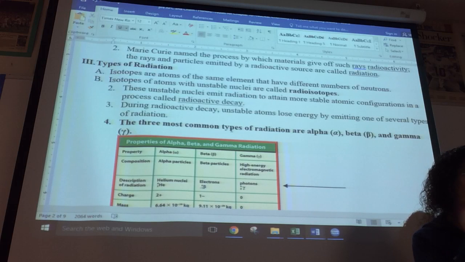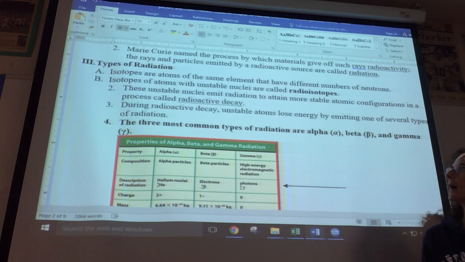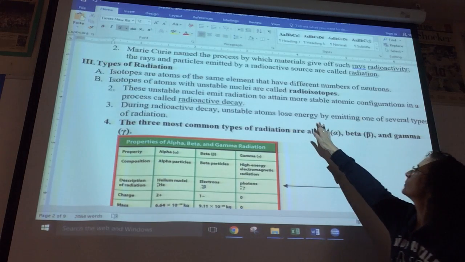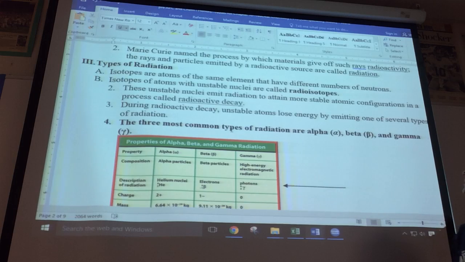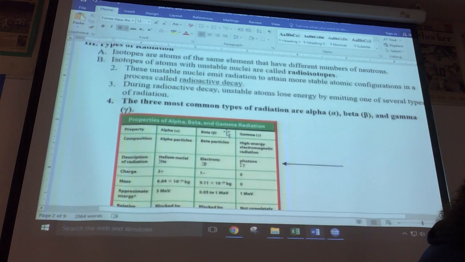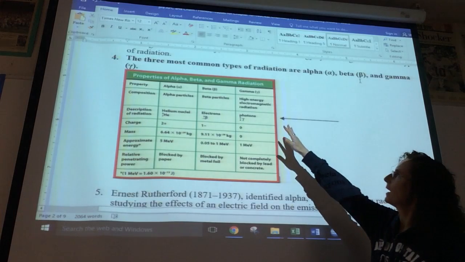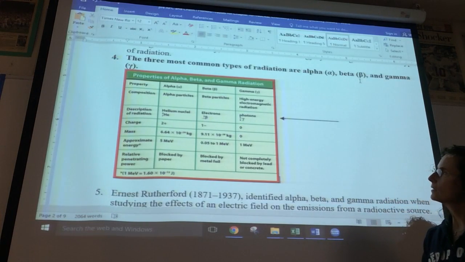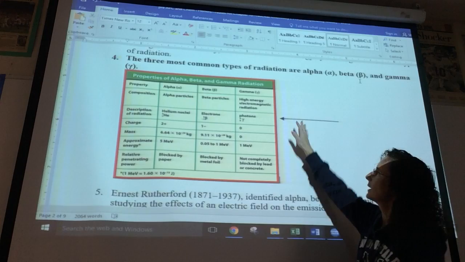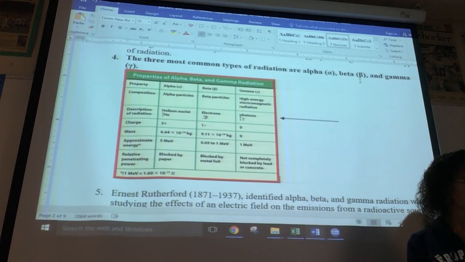We'll talk about why that is next time. And this process is known as radioactive decay. You'll see an emission of energy or a loss of energy when one of several types of radiation is emitted. And the 3 most common types are alpha, beta, and gamma as shown there. Again, alpha, beta, and gamma particles, their description, the arrow here that's really pressing in terms of what you